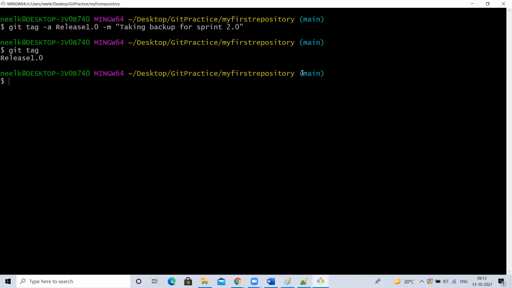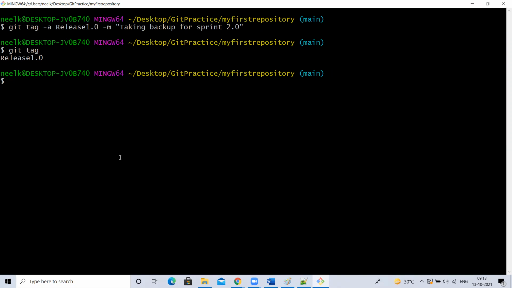So we can use the main branch as the code. I want to take a backup of that. So what I'll do is, from this main branch, I'll create one more branch called a release 1.0 branch. Why do I have to create a tag? I can create a branch itself, like release 1.0. You may ask that question. Yes, you can do that.